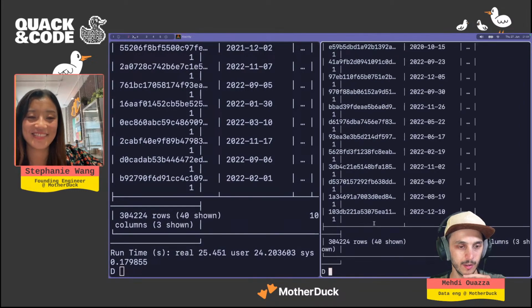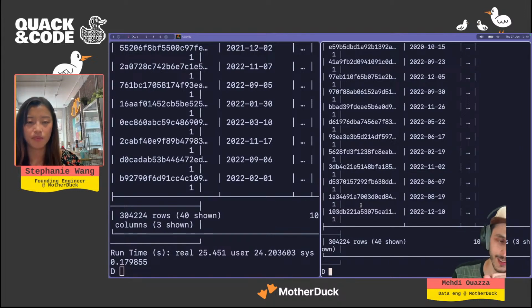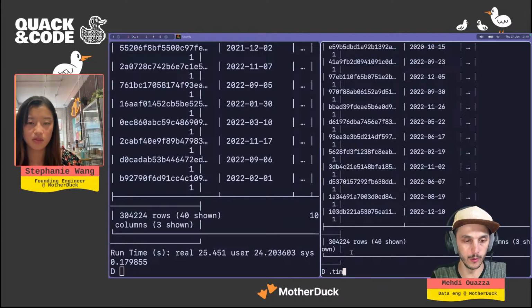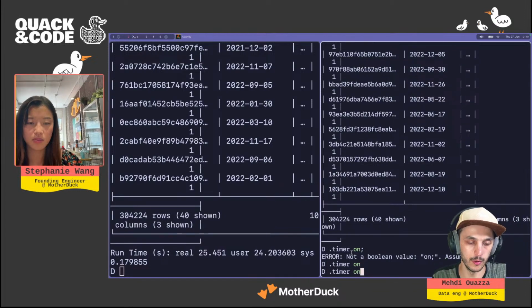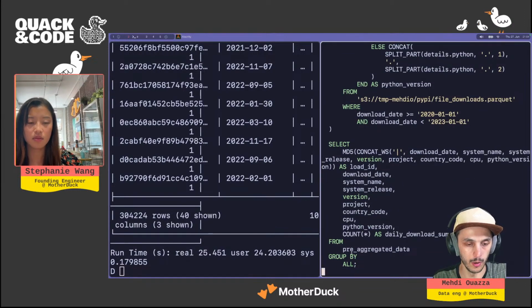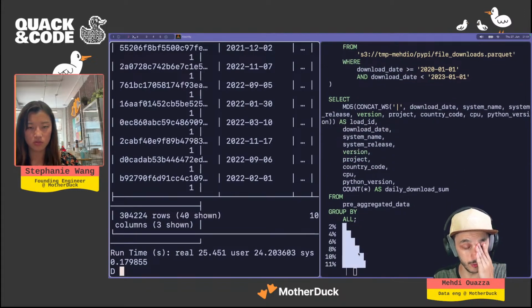So that's about it. I don't know about the timing. I think it was a bit longer here. I do have a good internet connection here, so that's great. Actually that might be suspicious. But again, you can compare yourself. I forgot to put the timer on, but if you put the timer on and run this, you're going to see the difference between MotherDuck cloud using S3 and local